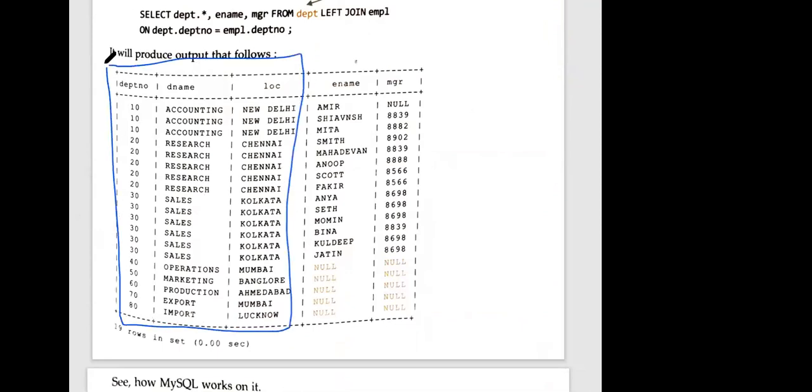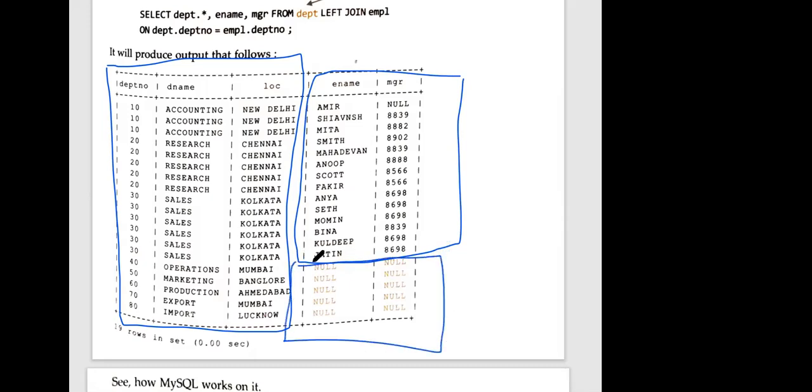First table was as it is. From the second table, whatever matching information was there has been shown, and unmatched information is filled with the null value. This is what your left join is. This is clear. First वाली टेबल पूरी की पूरी आई है, सेकेंड वाली में से जितने मैच हो गए उतने आगे, और जितने अनमैच्ड थे वो नल वैल्यू से फिलअप हो गए.